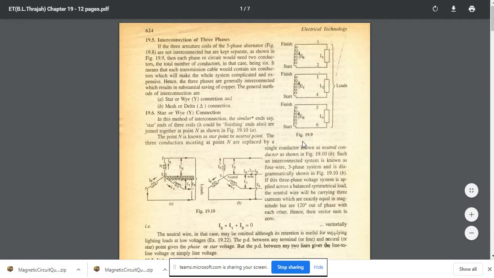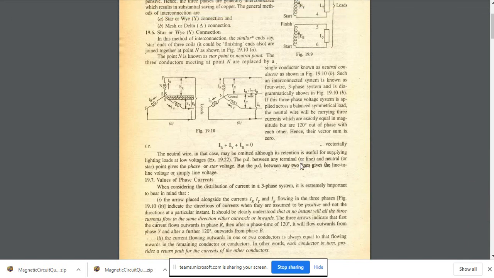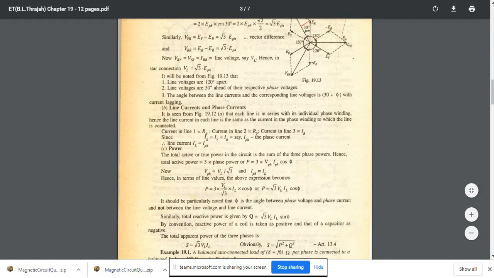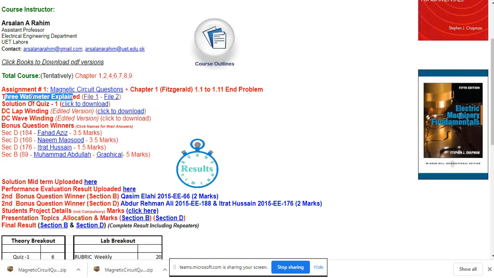So these are two books, and since you are still not going to the lab and are not going to do the experiment of the two-wattmeter method, these two-wattmeter methods are explained in these two files, file 1 and file 2. This explains the three-wattmeter or the two-wattmeter method. In fact, I will ask Miss Tarina to give you these files also as part of your lab course, because these are very important and you should have an idea, because in industry the wattmeter technique is also applied, so that you can measure the wattage of a three-phase balanced device by the two-wattmeter method.